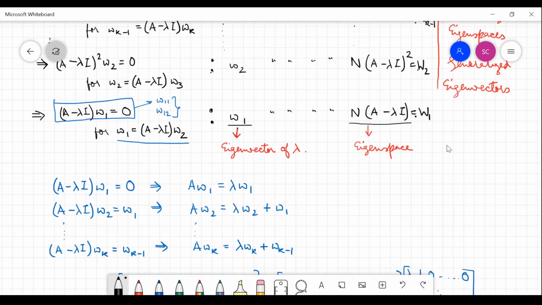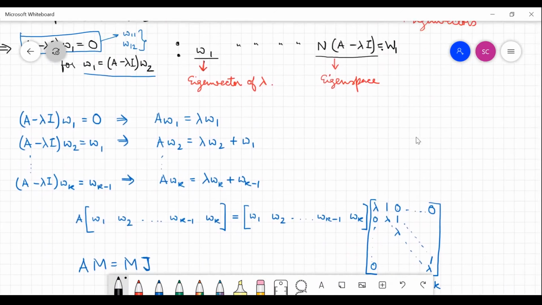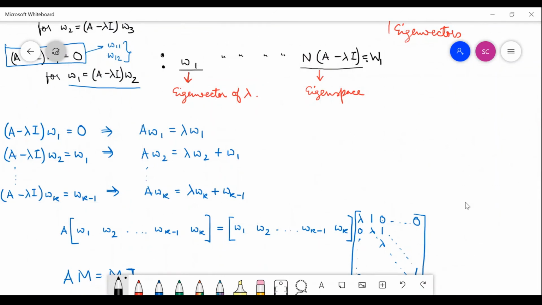So it is like this almost. So I can write this thing that omega i is a new basis vector of the null space of (A minus lambda I) to the power of i, which I denote as wi,